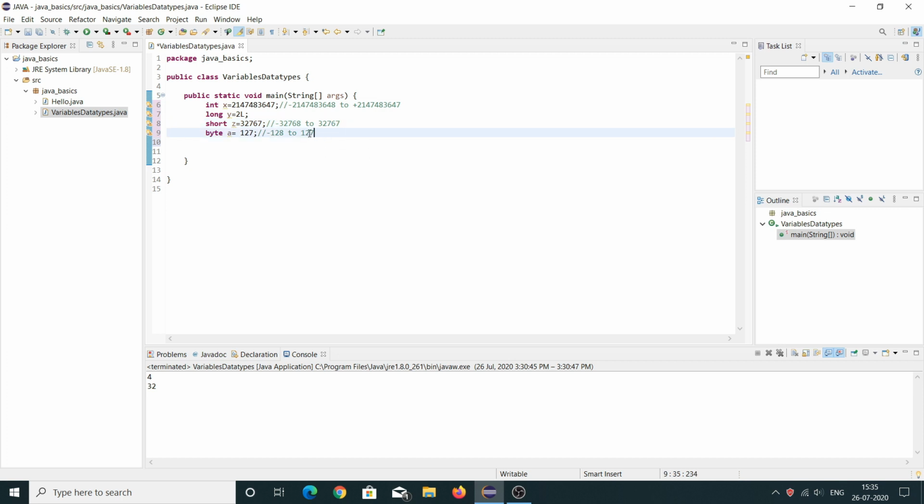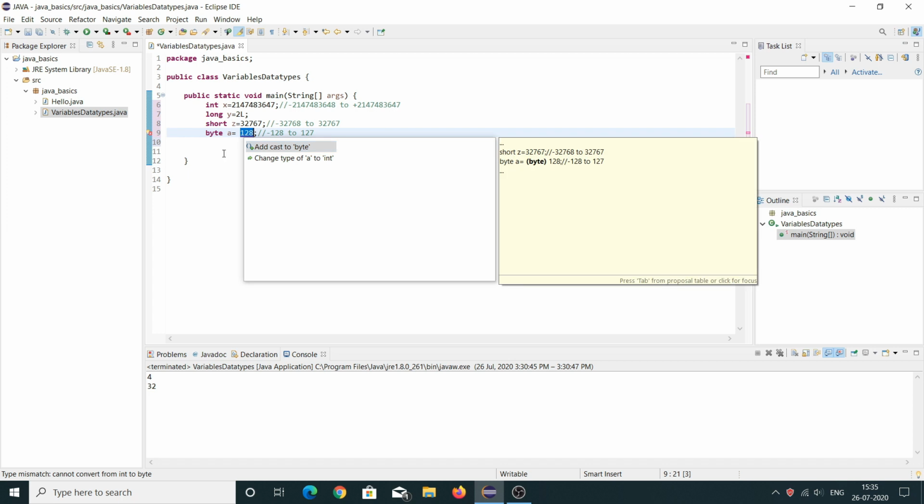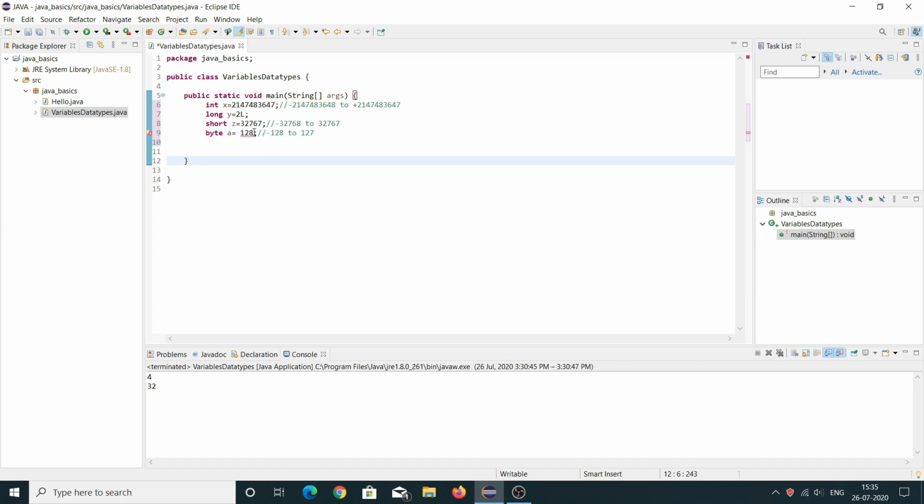Hence the positive side has 1 less than the bit declared. So let us increase it here and see if it takes or not, and it will give me an error. Again type mismatch, cannot convert int to byte. So we'll reduce this to 7.